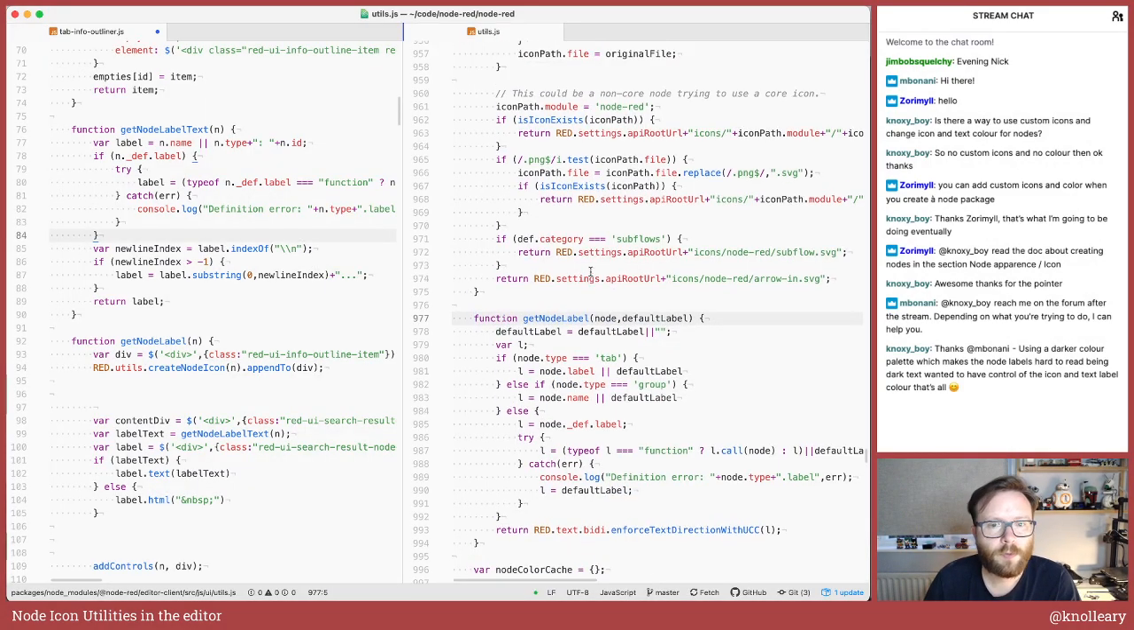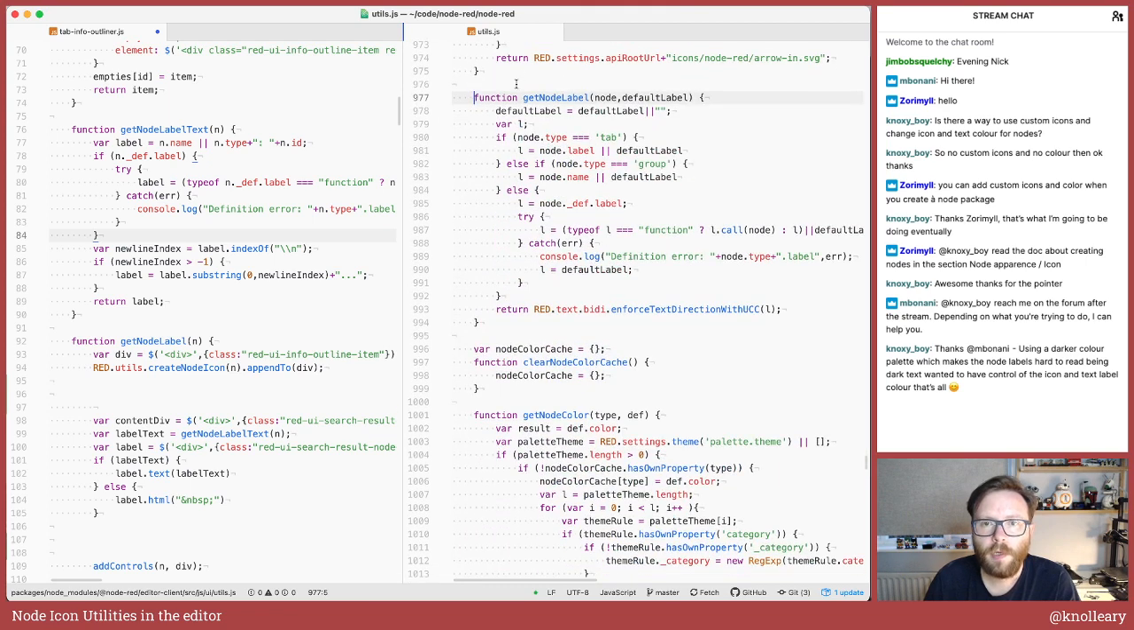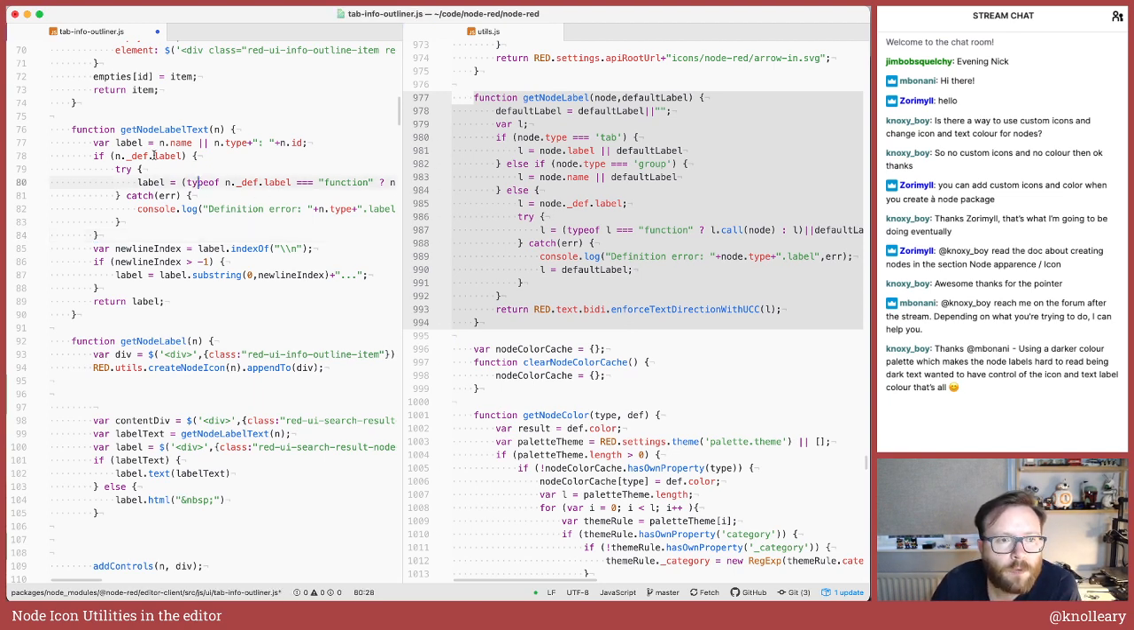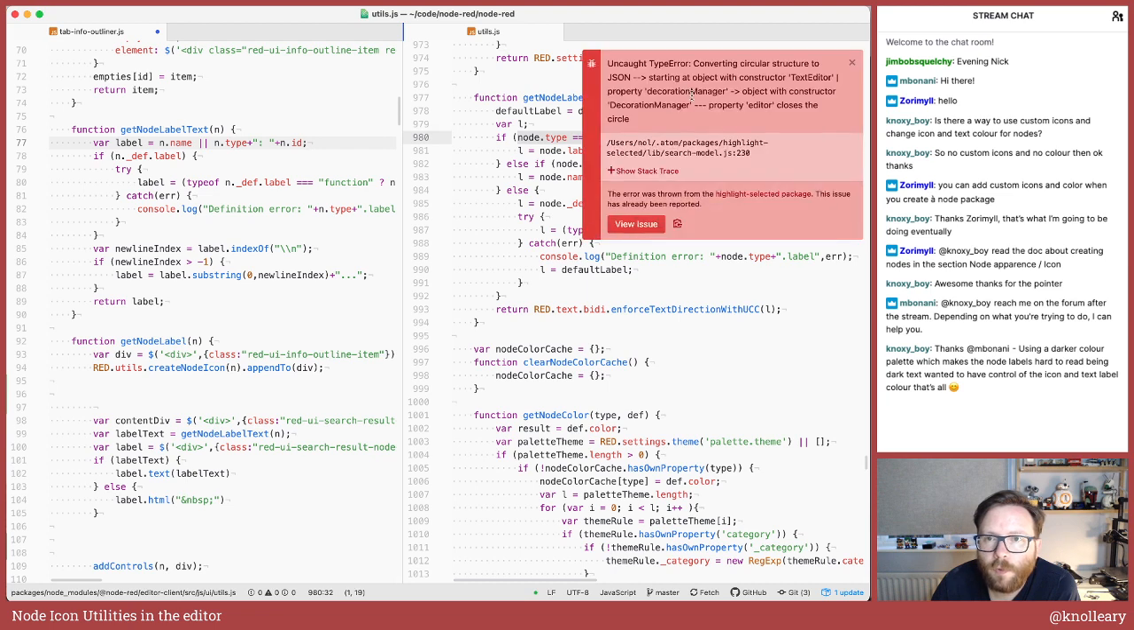So get node label and get node label text. Here we have the utility function that's already in place. If we just glance through, you can see that get node label already deals with,